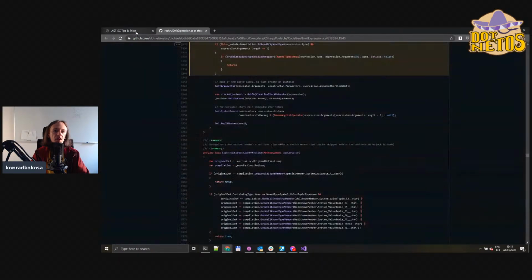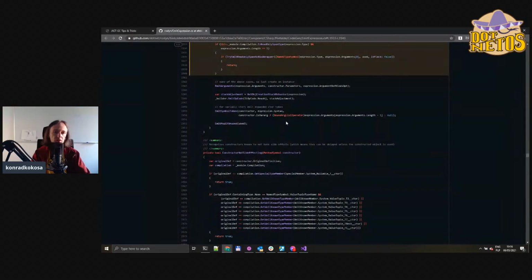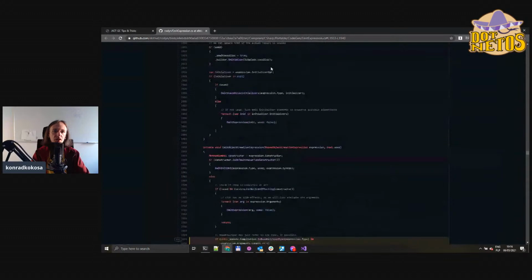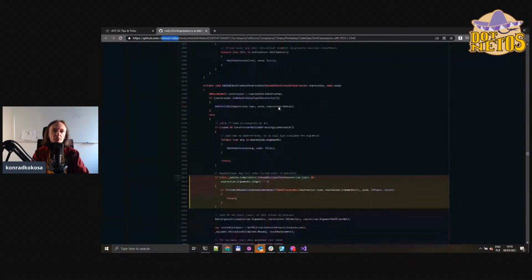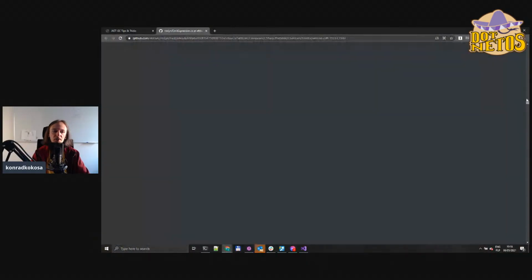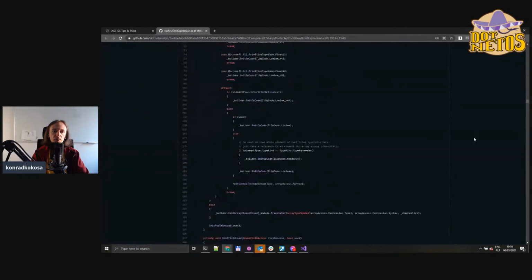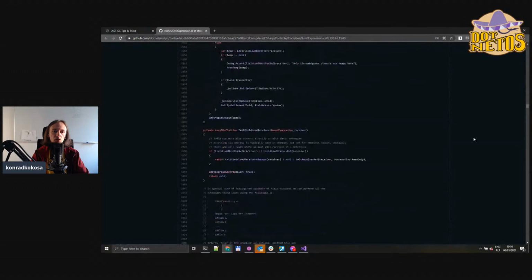Okay, so the magic happens in Roslyn. Roslyn is the C# compiler. It is open sourced, so we can look around in the code. We are looking at the .NET Roslyn repository on GitHub. And there is a compiler, C# portable code gen, EmitExpression.cs file, which is a pretty big file responsible for emitting IL